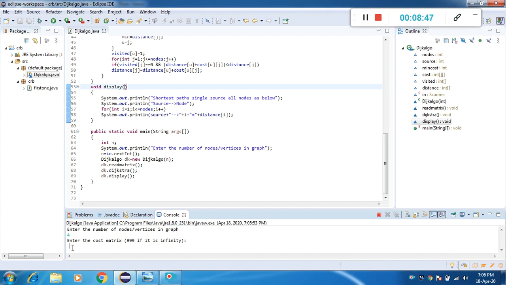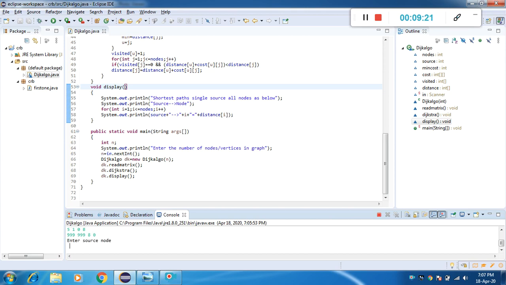Enter the cost matrix, and 999 if it is infinity. The cost matrix is 0, 2, 5, 999, 2, 0, 1, 999, 5, 1, 0, 8 and 999, 999, 8, 0.